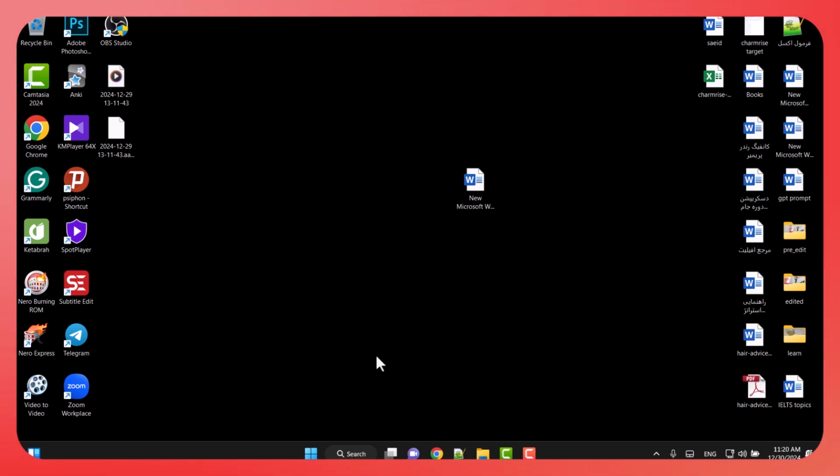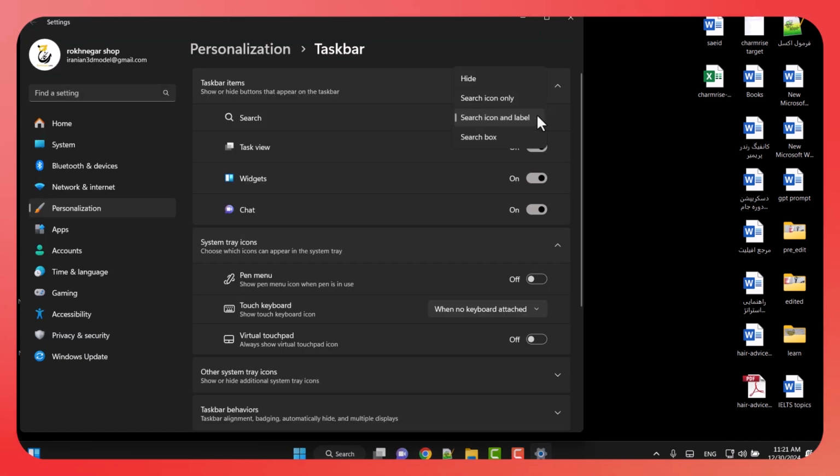This tip and trick is about the taskbar, the Windows 11 taskbar. You can change something about that. Okay, right click on that, and click on taskbar settings. You can change the style of your taskbar items.